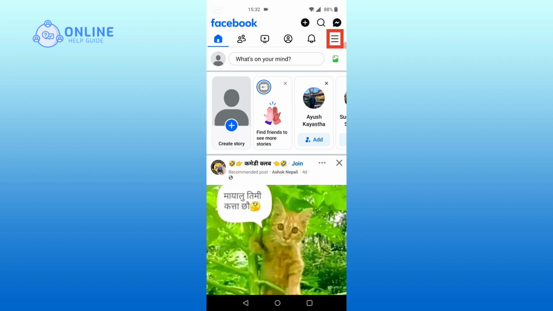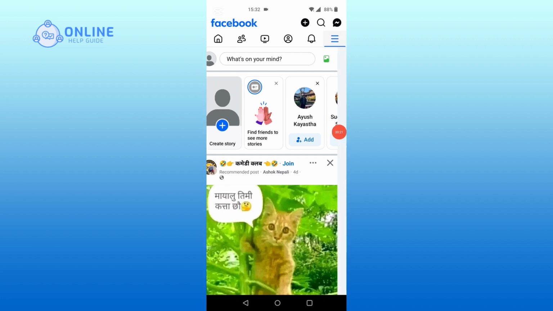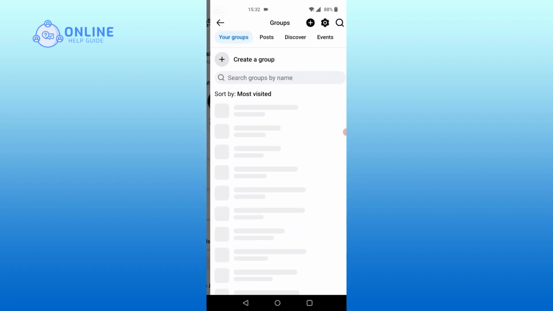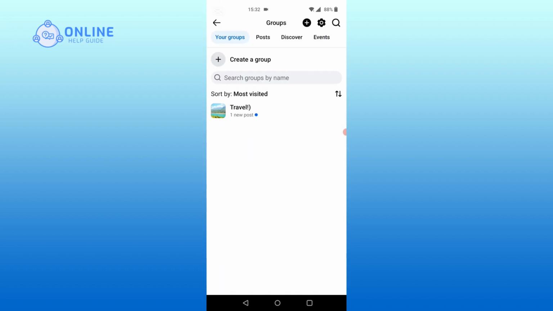Then tap on the menu icon at the top right corner. Find the group icon and select groups. Here you can explore various types of groups. Now click on Discover